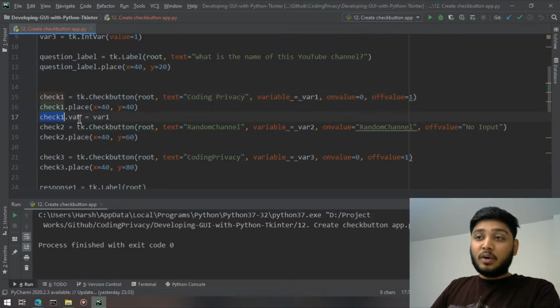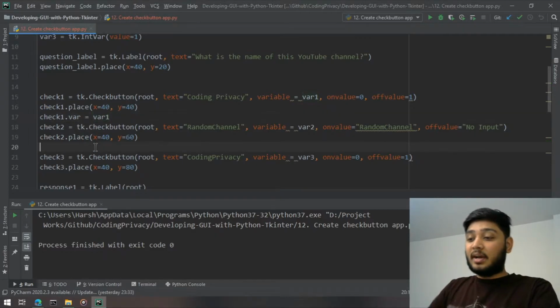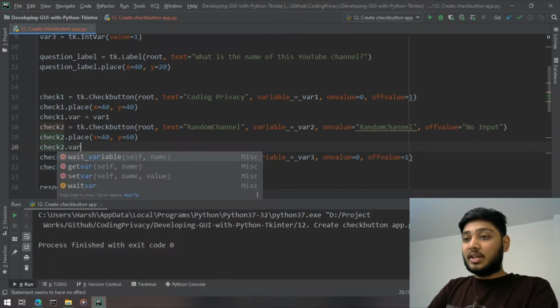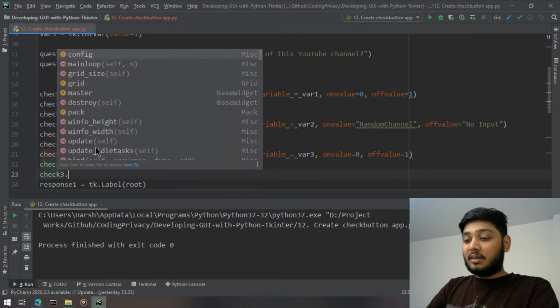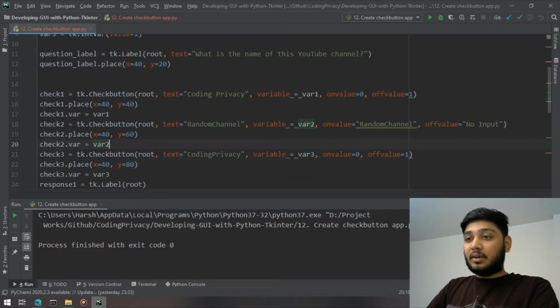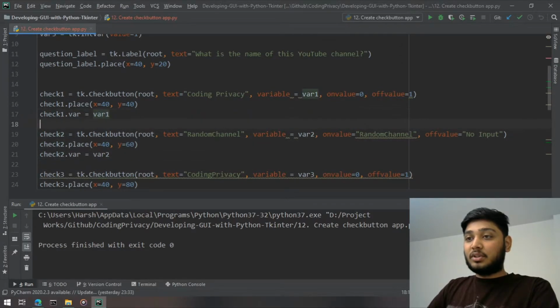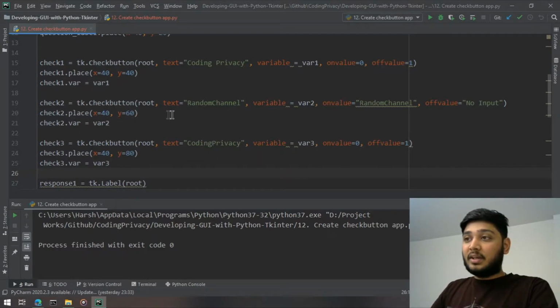So check1.variable shows that check1 has a variable which is var1. I'll do the same with this one: check2.variable = var2, and check3.variable = var3. Put a space between those just to clear it out. This is how we can use it.